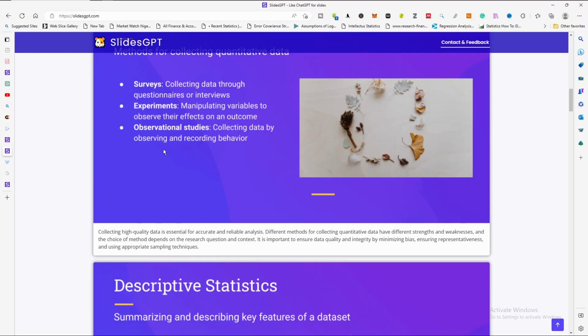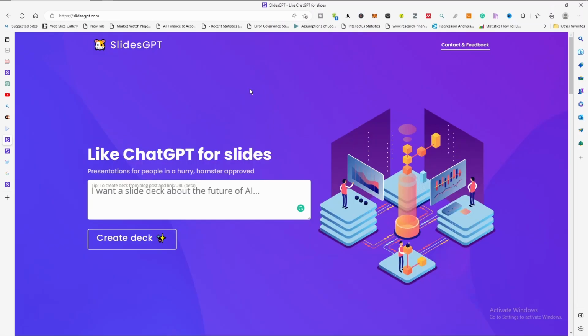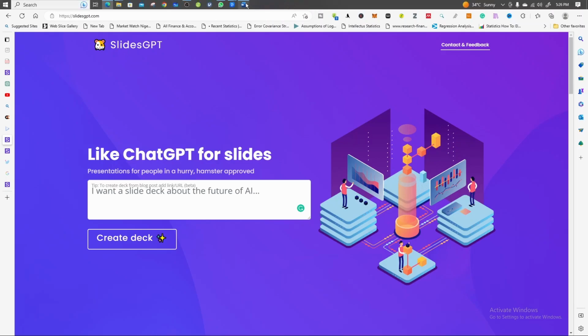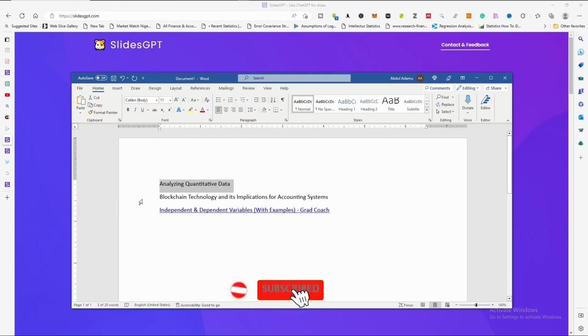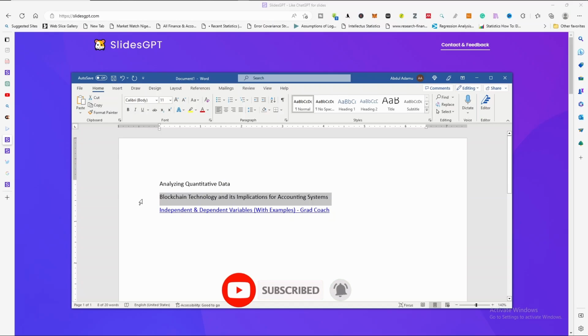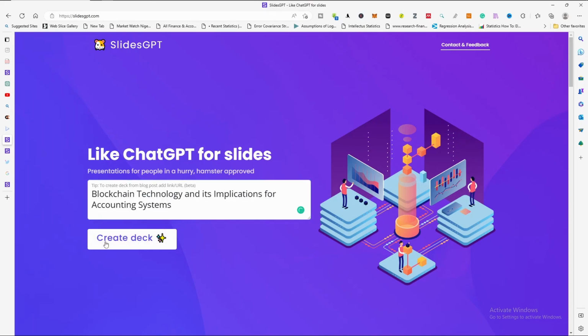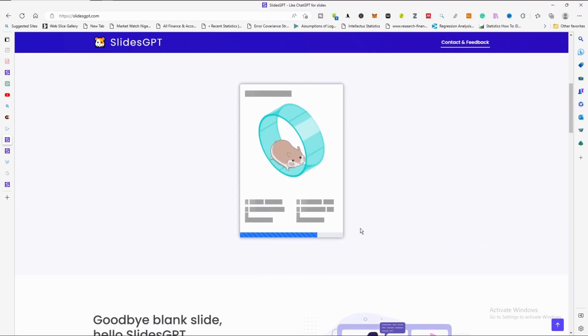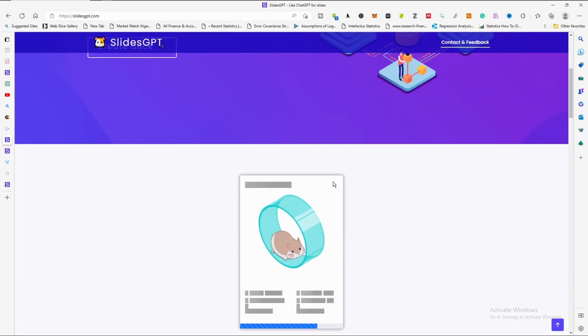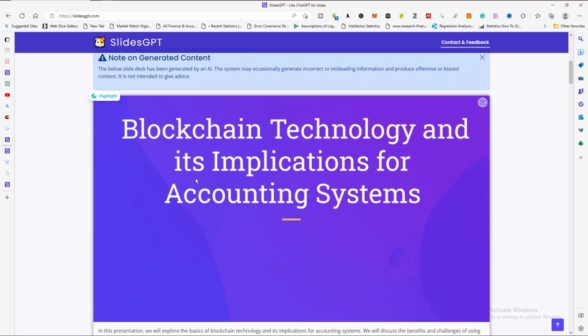It has provided. If we want to generate content on the second topic, which is blockchain technology and its implication on accounting, we copy it and we take it to the deck and paste it there. We click on create deck. It has also started generating. It has also completed it. You can see